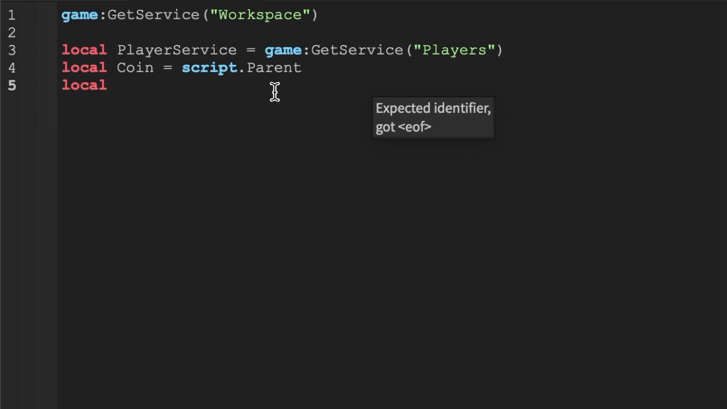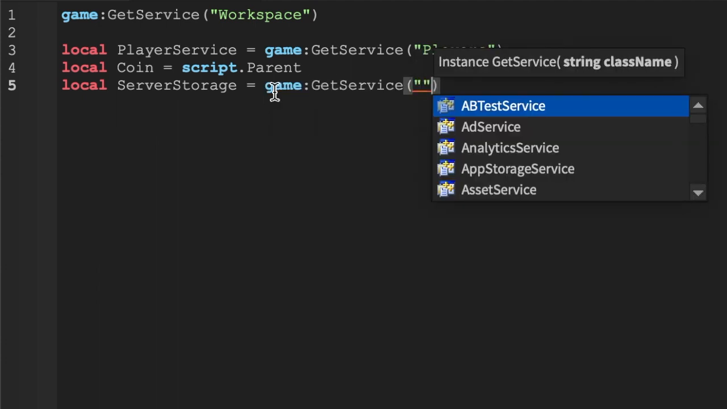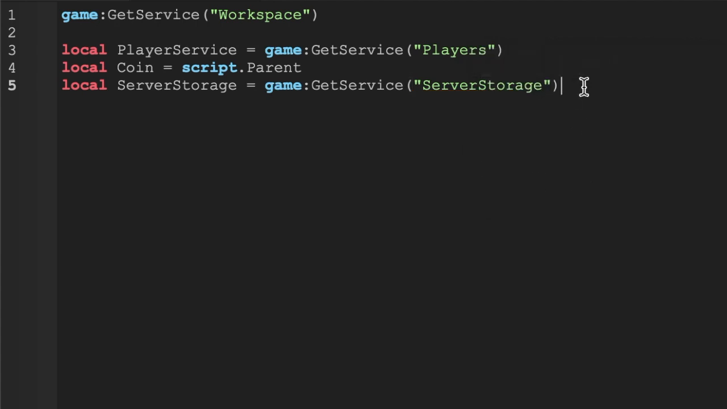All right, so local server storage equals game get service server storage. There we go. So that's the server storage right there. Everything's good to go. After that, we're going to do local function